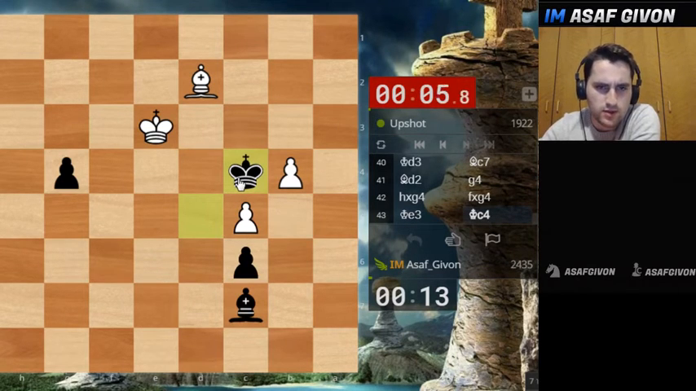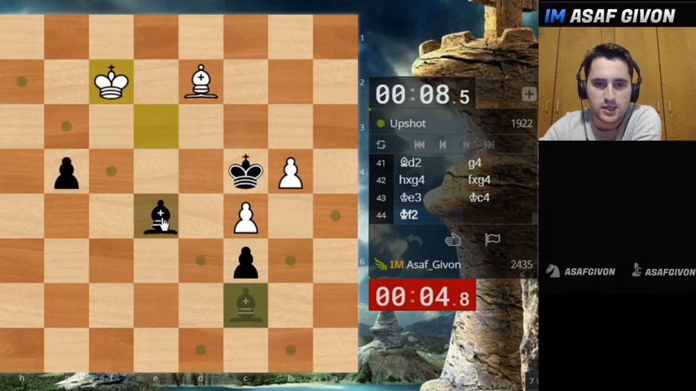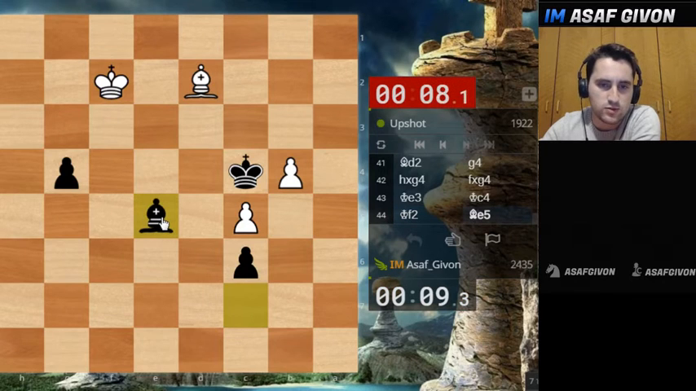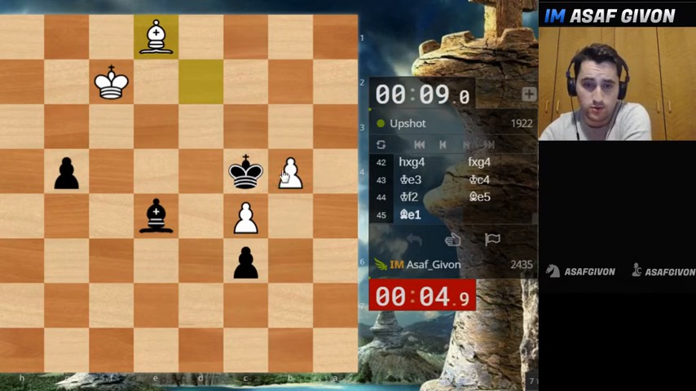Let's see how he's doing in the time trouble. This is something which is kind of inevitable in modern chess. I feel like every chess player needs to have, at least to some degree, the ability to deal with the time trouble. There's just no other way. So my idea would be now to try to round that pawn